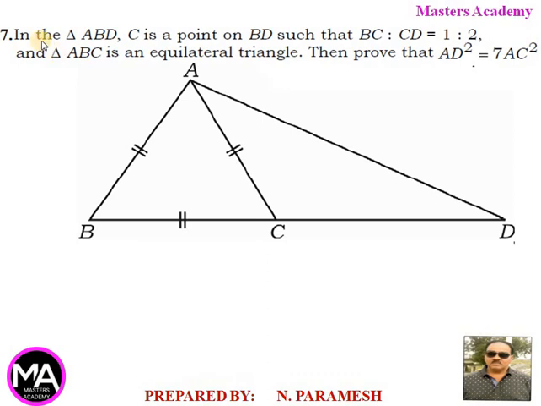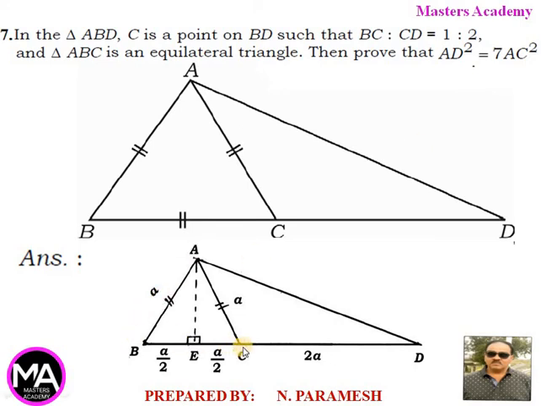Seventh question, in the triangle ABD, C is the point on BD such that BC is to CD is equal to 1:2 and triangle ABC is an equilateral triangle, then prove that AD square is equal to 7AC square. Answer,